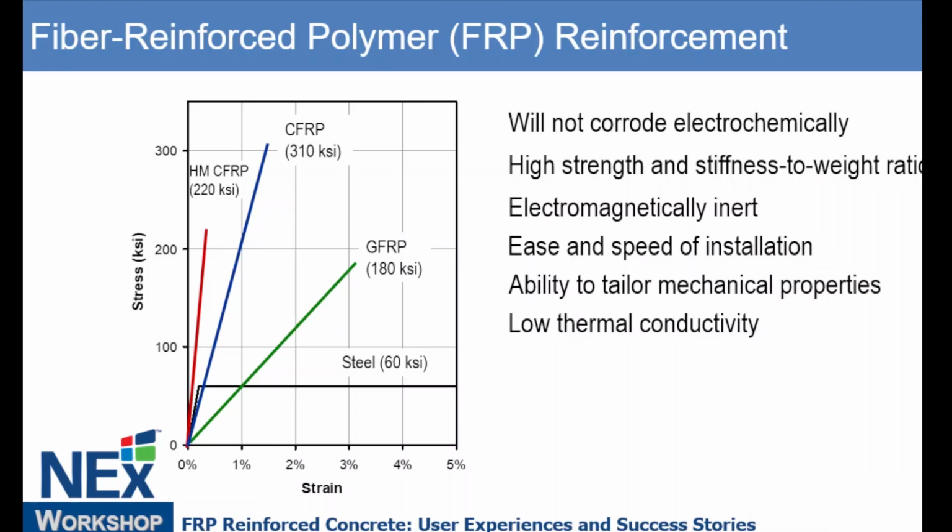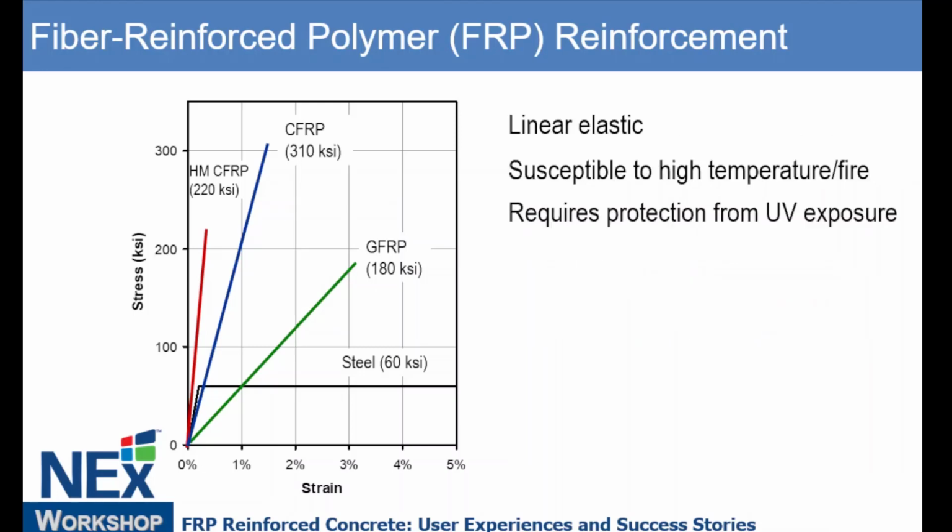Right, these are all the good things. It would be remiss of me to not talk about some durability-related issues of composites. No matter what material you use, there's going to be good and bad with it. You might say that the linear elastic behavior of the material is a disadvantage, but I would argue that our design codes and guidelines have developed to allow for that appropriately, such that designs remain safe, although we have to think about things in a slightly different way